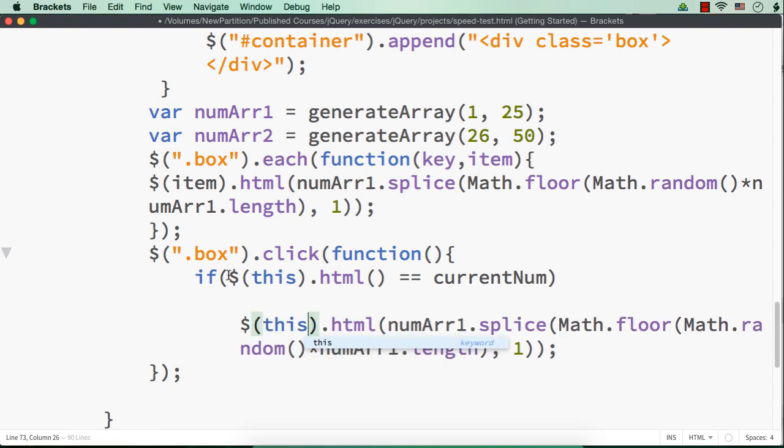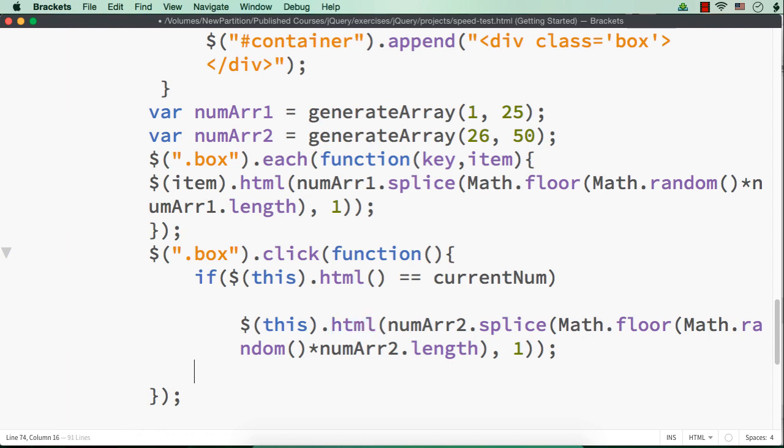That is, the currently clicked div element's text should be changed to a new value which should be picked from this num array 2. So it should also be fetched from a random index. So I'm using the same splice method, and here num array 2.length, and this value should be fetched and set as the HTML of this current div element which has the number 1.